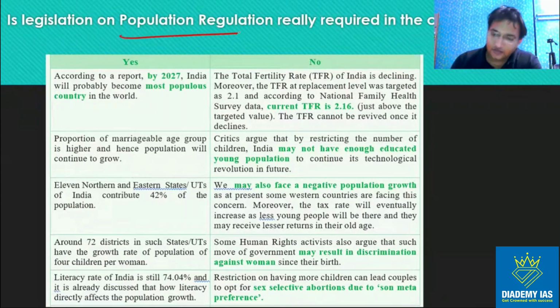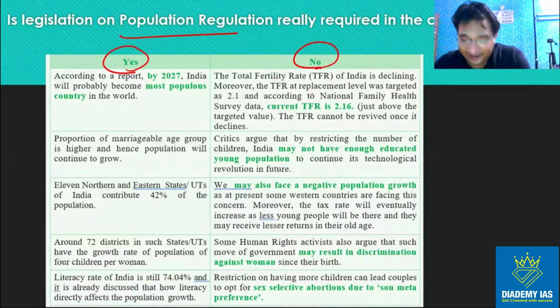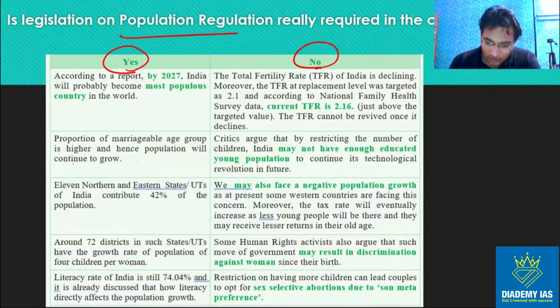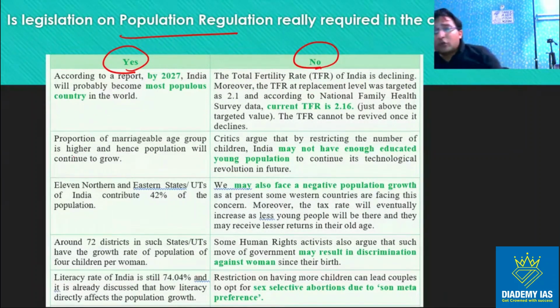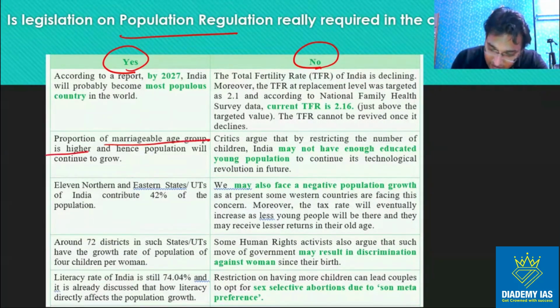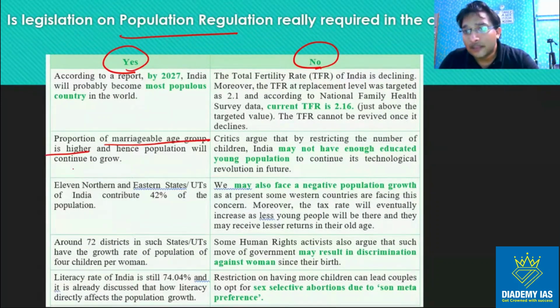These are the pro bill and against bill, pro argument and against argument. So pro argument, according to report by 2027, India will probably become most populous country. अगर हम लोग मोस्ट पॉपुलस बनने वाले हैं तो वी शुड एक्चुअली रेगुलेट, ठीक है। प्रोपोर्शन ऑफ मैरिजेबल एज ग्रुप इज हाई, तो हम लोगों ने देखा कि द यंग एज ग्रुप इज वेरी वेरी हाई, the young people between 15 to 35 years of age are approximately 65% of the total population. So that is, marriageable age is very very high, they will produce further children, so our population is going to explode, ठीक है।